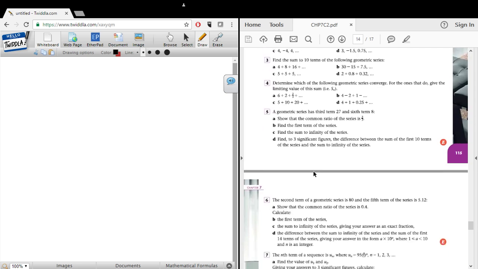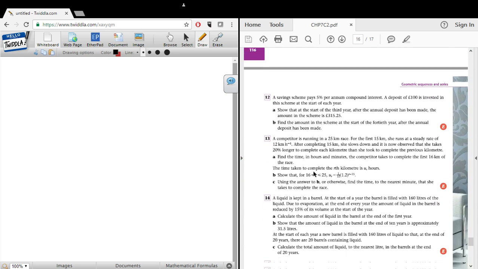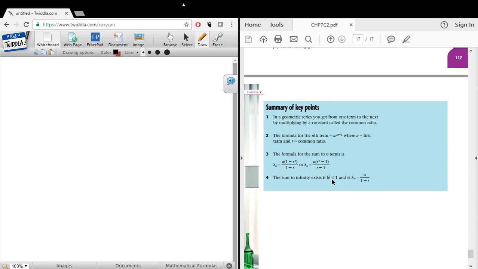And here we come on to the mixed examples, which signifies the end of the chapter. So just something very important for you to note: don't burden yourself too much with trying to get your head around limits at this point in time, because it's probably something new to you. But what you do have to appreciate in this chapter is the following. Please learn these formulas, this one, and this one. Please learn what terms are represented by each variable, a, r, and n, okay, how to solve them, okay, and